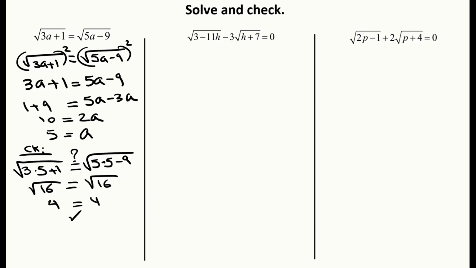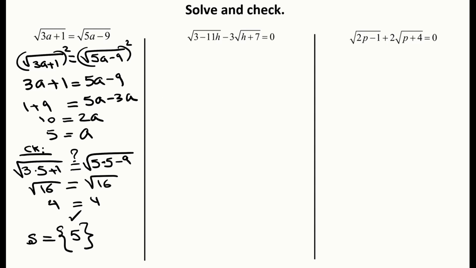So that it checks out, and we can write the solution set as the set containing 5. Be very careful not to put 4 in there. All right, definitely try to do the next couple on your own before you come back to see the results. All right, so assuming you're back from your attempts,